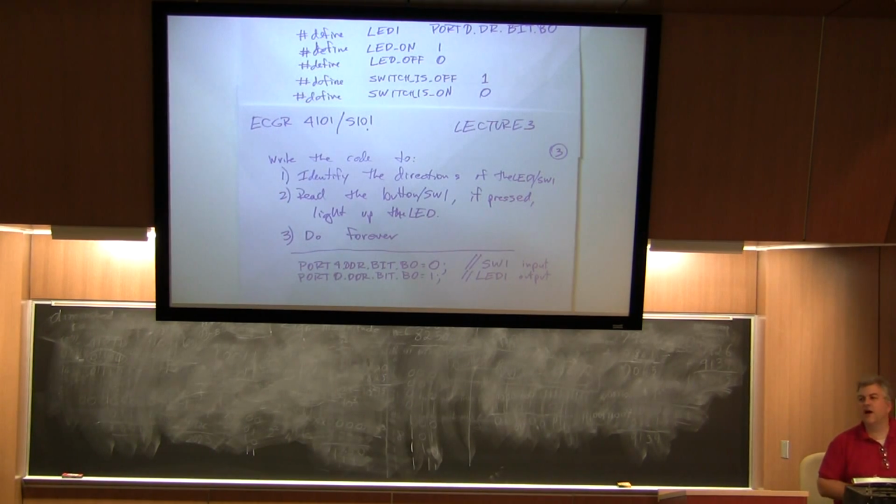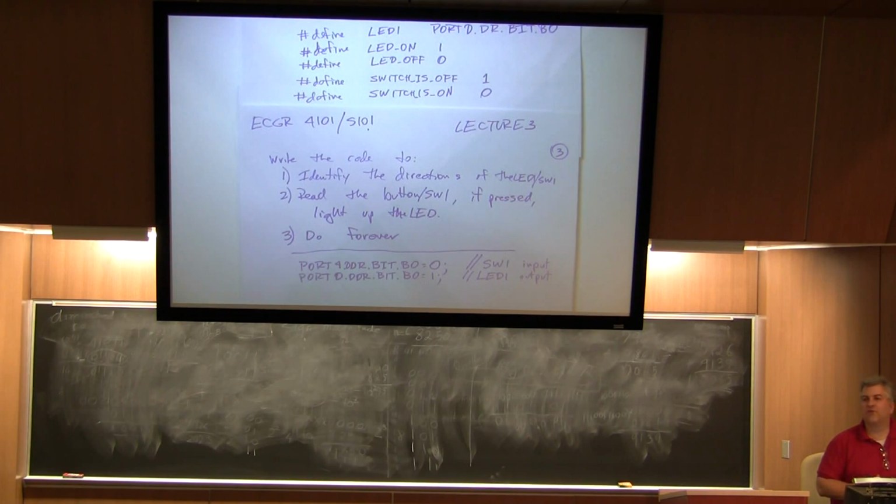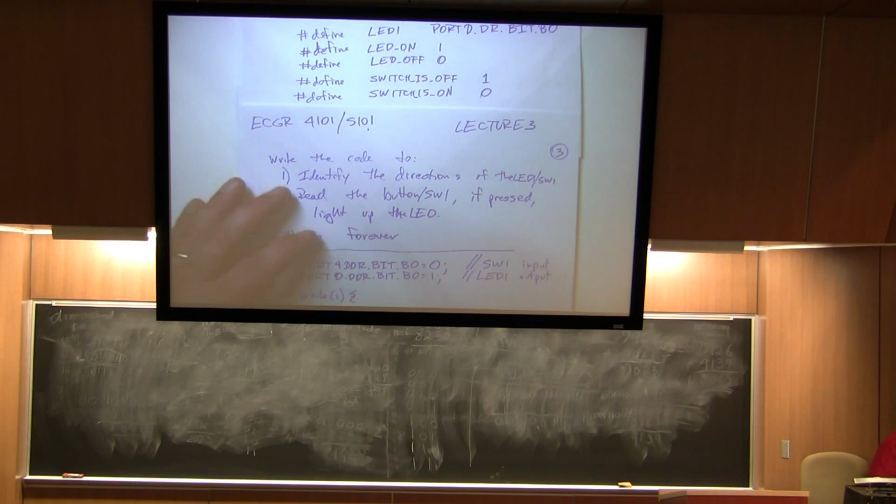So what is the word to do something forever? While one. That means you will do it forever and ever and ever. Now we've already identified what switch 1 is, right? So if we say